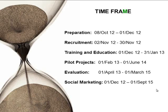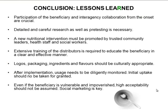And social marketing will begin earlier on, before we get the pilot projects running, because we need to recruit for the pilot projects, so we need to already approach the community leaders and make contact with them and get our message out there. So the main conclusions and lessons learned, which can be applied both to the slums as well